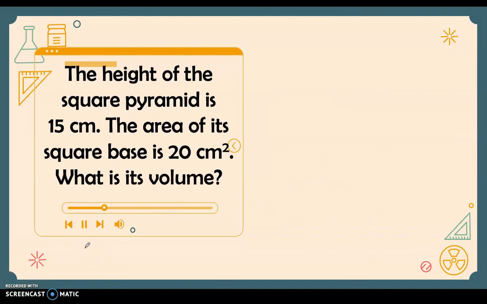Next, we have the height of the square pyramid is 15 centimeters. The area of its square base is 20 square centimeters. What is its volume? So this pyramid is a square pyramid. We use the formula S squared times H divided by 3. Now for the side, in here, the given is already the area of the square base, 20 square centimeters. So the given is not the side, but instead the area of the base. So instead of substituting the value of S, we write the S squared as 20